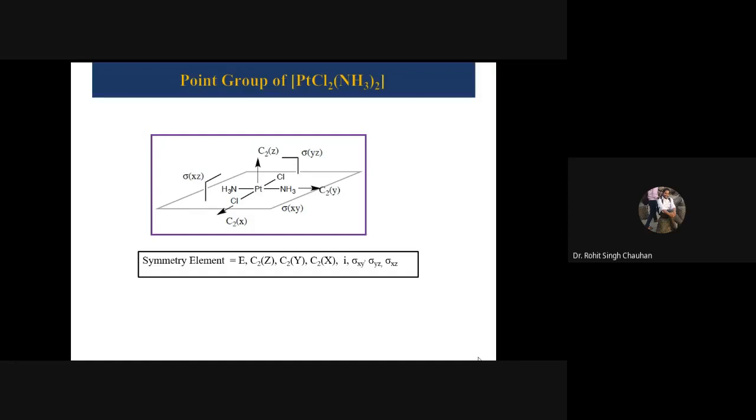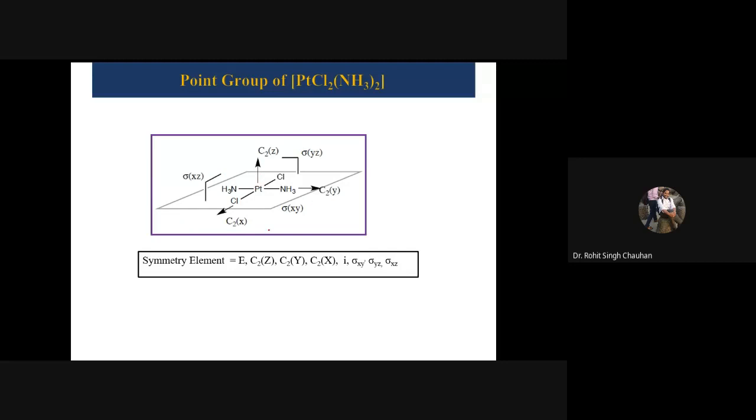Element, then you should find out the point group and then frame those symmetry elements in the molecule. See, here I have shown you PtCl2(NH3)2, right? First I framed the molecule, then found the symmetry elements, and later I showed the depiction of those symmetry elements. Make it a practice to make the Salk equation. It will be very easy.